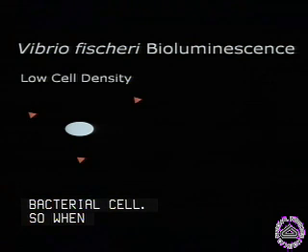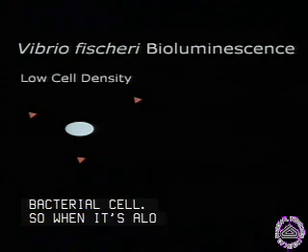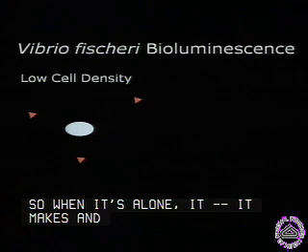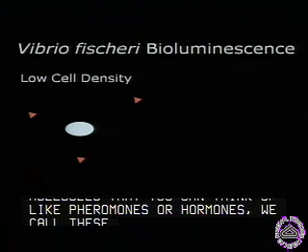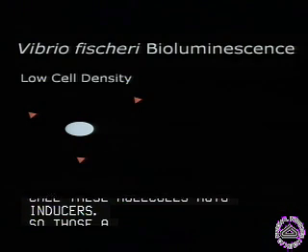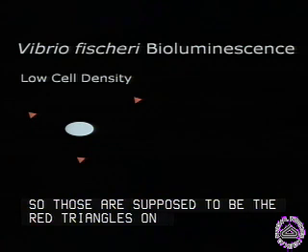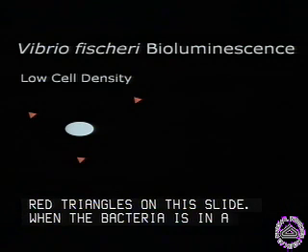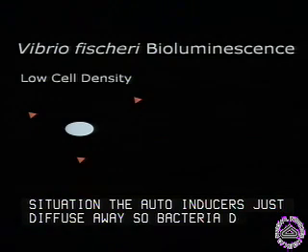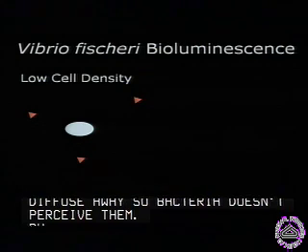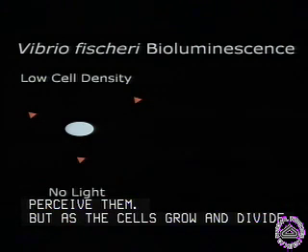But what it does do is make and secrete small molecules that you can think of like pheromones or hormones. And we call these molecules autoinducers. And so those are supposed to be the red triangles on this slide. And when the bacteria is in a dilute situation, the autoinducers just diffuse away, and so the bacteria doesn't perceive them. But as the cells grow and divide in a particular environment,